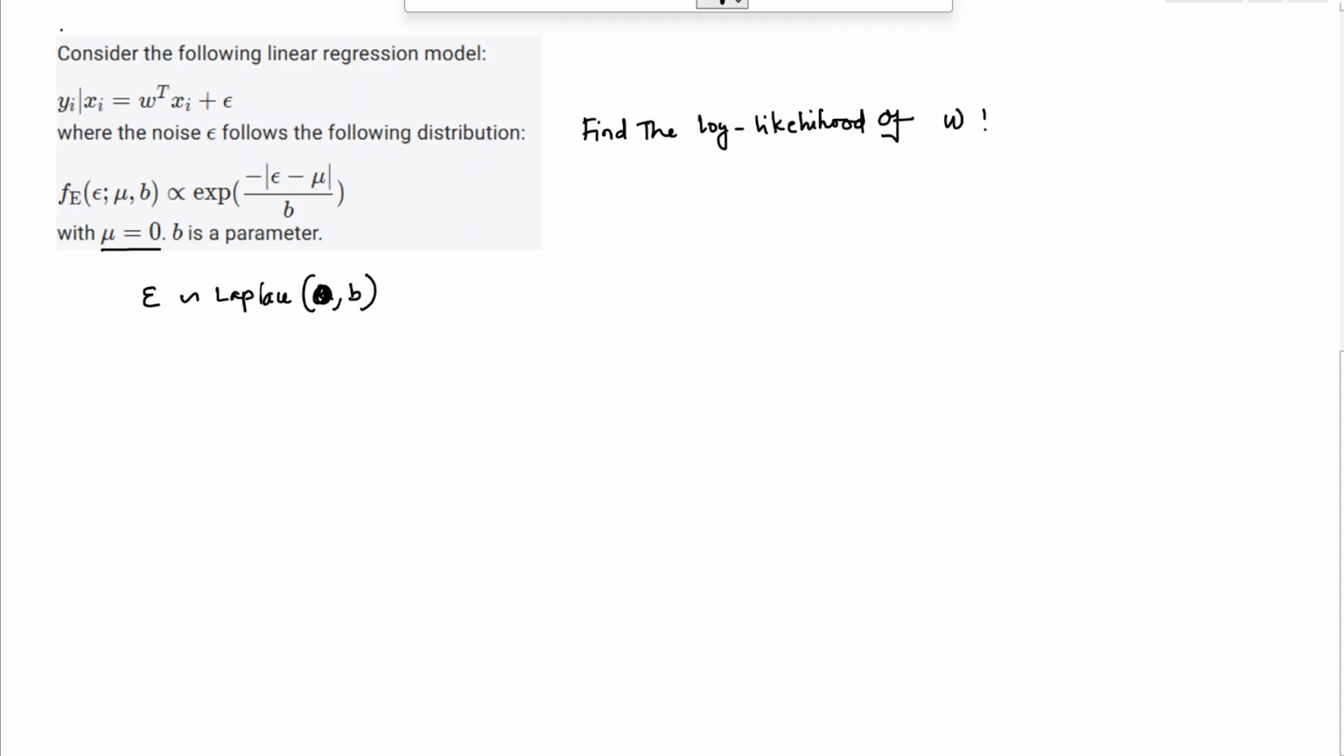Now we will use the property of the Laplace distribution that if x is Laplace with parameters mu and b, then ax plus c will again be Laplace. Here a and c are scalars, not random variables. This will be Laplace with a mu plus c as the first parameter and mod a times b as the second parameter. Let me call this result 1, r1. So using r1,